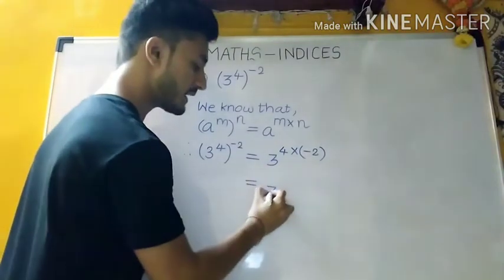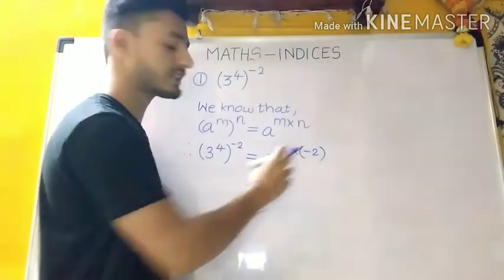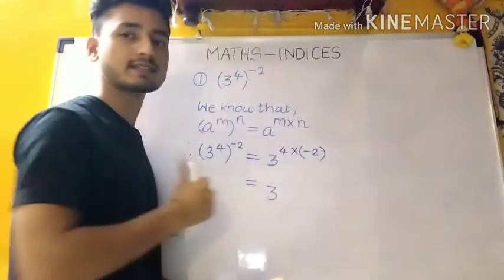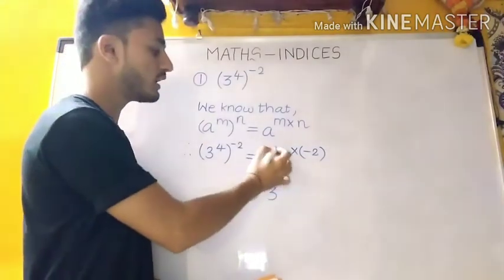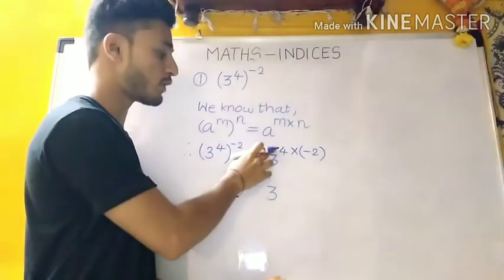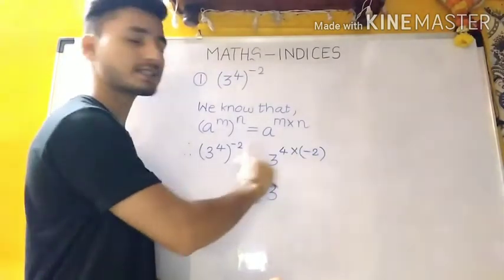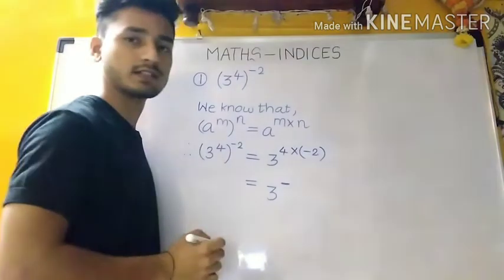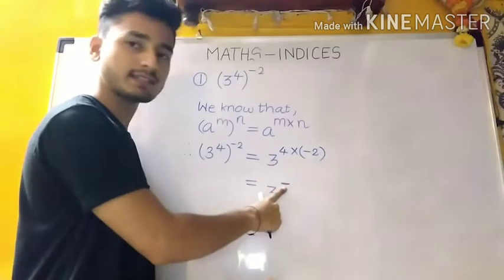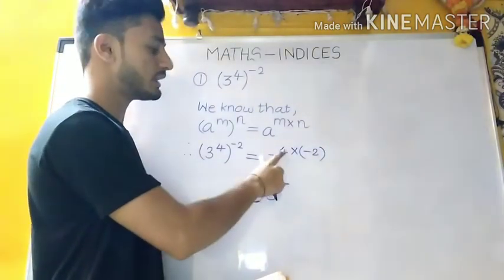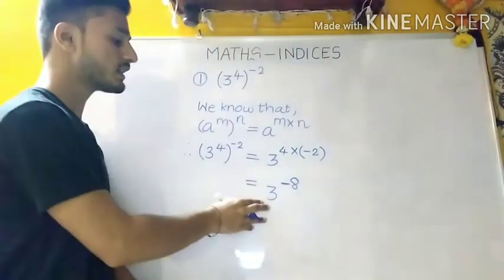Okay, so I'll write the base as it is, and now I'm going to multiply the numbers. But if you observe, there's a negative sign. So first we will multiply the signs, and then we are going to multiply the numbers. Here the 4 has no sign, means we assume it is positive. So 4 is positive and 2 is negative. So if there are opposite signs, we get a negative answer. When the signs are same, we get a plus answer, but when the signs are opposite, we get a minus answer. Now we have got the sign, now we'll multiply the numbers. So 4 multiplied by 2 is 8. And this is your final answer.